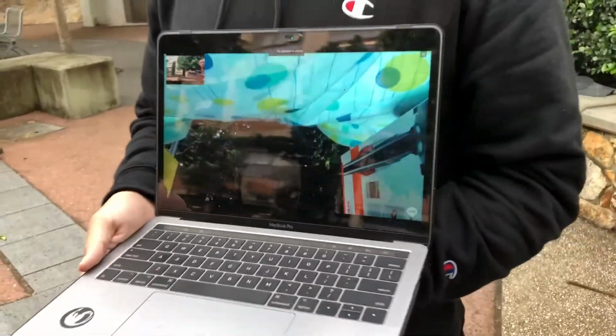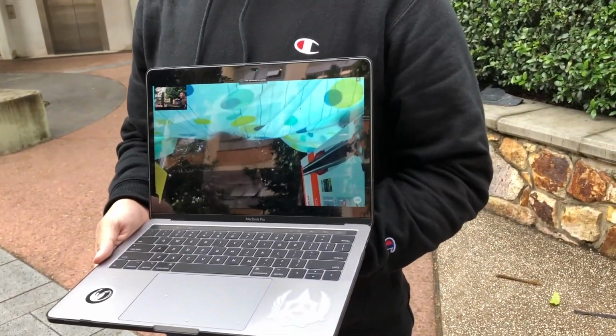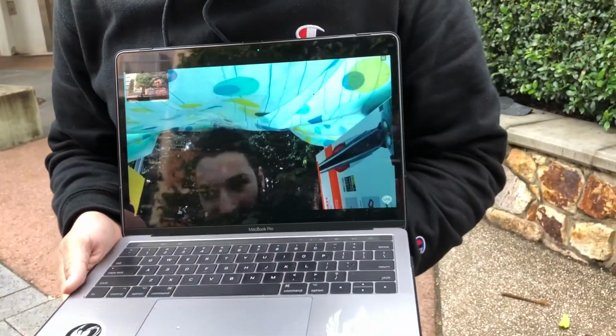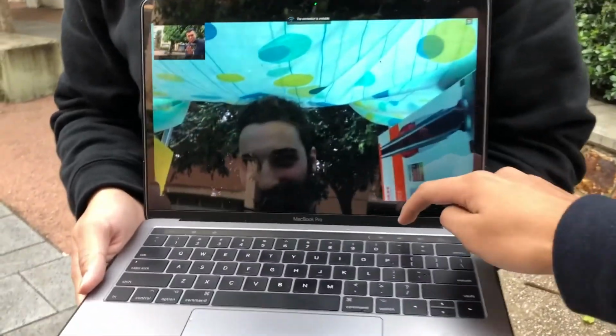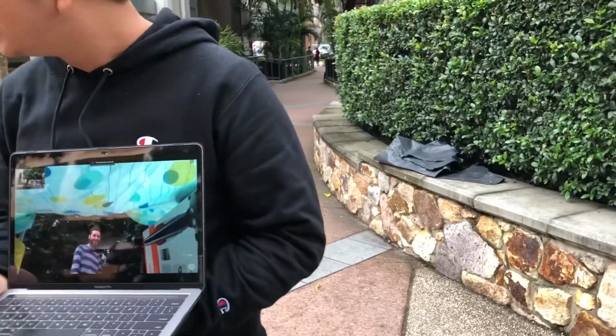The results of our installation varied from person to person. While quite a few members of the public looked at the installation as they walked past, only a few chose to stop and interact with it. Of those who interacted with it, a common theme emerged.